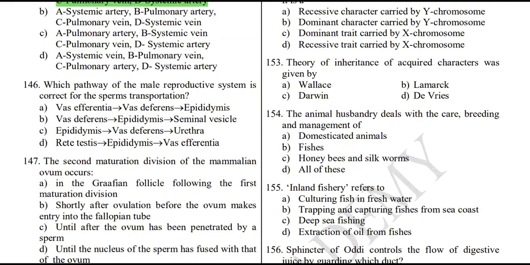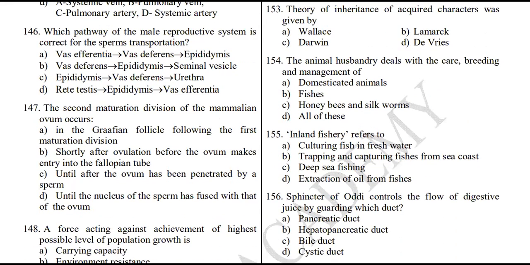Okay, the next question. In which of the following pathways in the male reproductive system does the sperm actually move? It actually moves from the epididymis. It's not from vasa efferentia and deferens. It goes from the epididymis and then to the vas deferens. So vas deferens to epididymis is ultimately wrong. So epididymis to vas deferens and urethra is a correct statement. Okay, yes. The next question is,